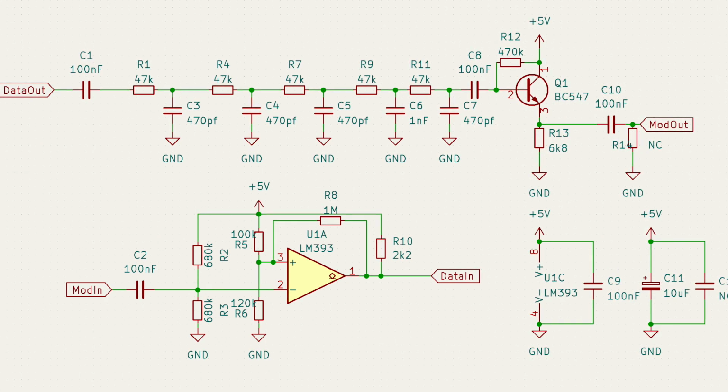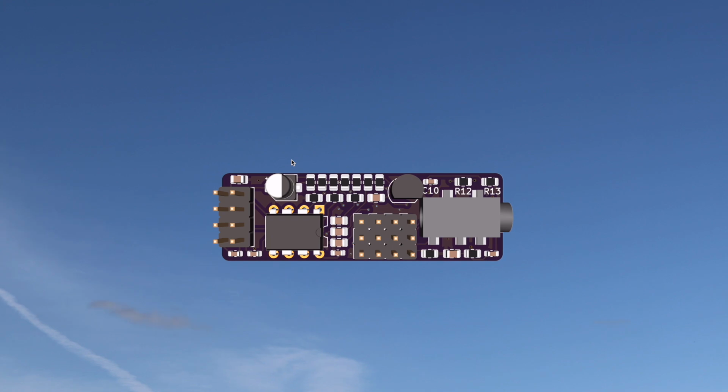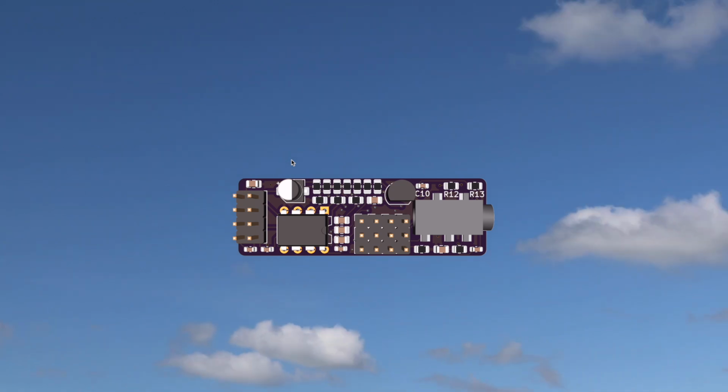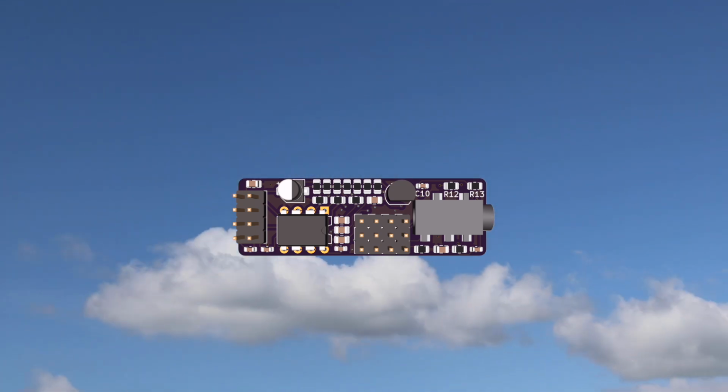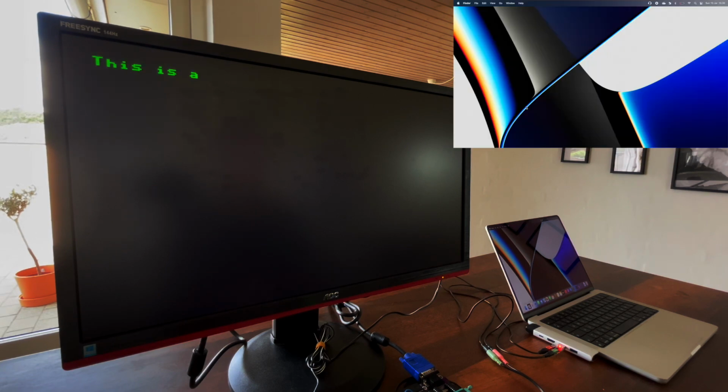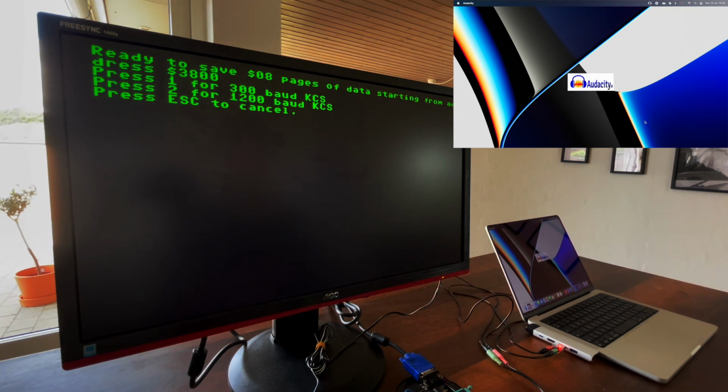Of course, the modem wouldn't be very universal if you could only use it with old tape decks, so let me show how it looks when it's hooked up to a modern PC. Actually, you can use it with pretty much anything that'll record and play back audio. Here I start by writing some text, pressing print screen on the keyboard to save it to RAM, and then clearing the screen by pressing escape. I've set up my system so the F2 key starts the save routine and F3 starts the load routine.